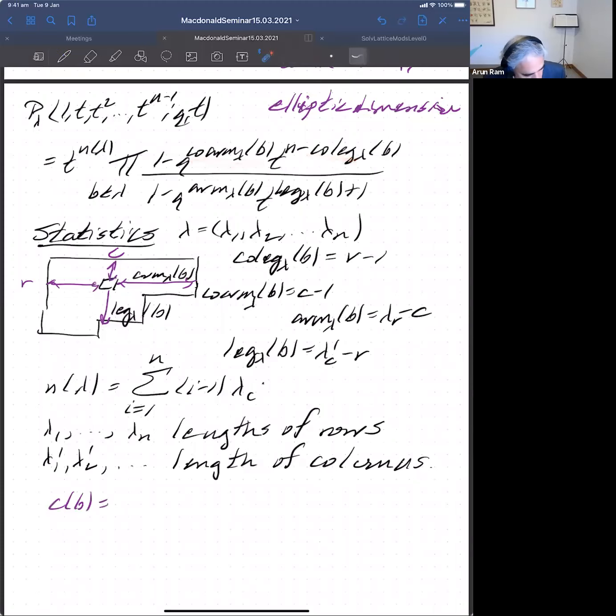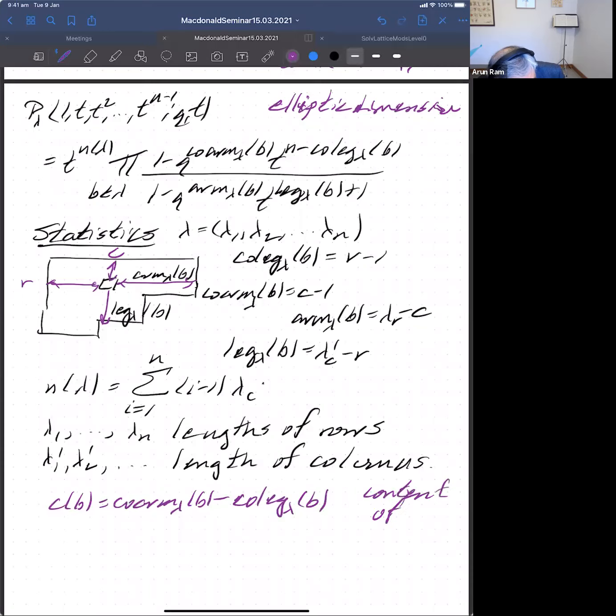This numerator has to turn into the content when you set q equal to t. So the content is the coarm minus the coleg. No, I had it right before. Coarm minus the coleg. So that's the content